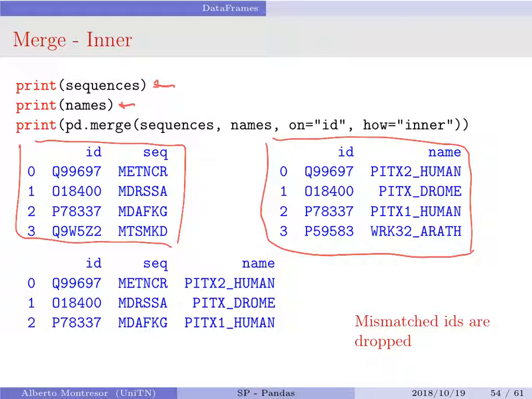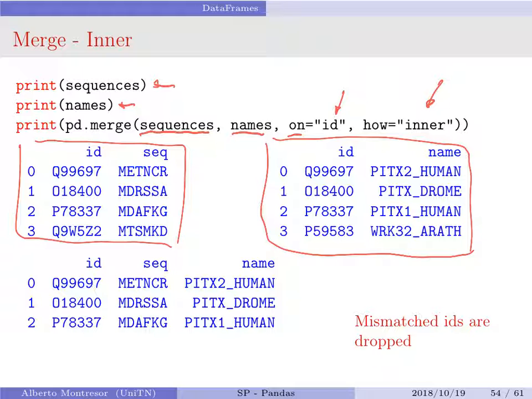Now you want to join them or merge them, so you merge sequences and names. You have this parameter which represents the label of the column in which you do the join, which is ID, and the method that you use to do the join, I will explain it later, here is inner.